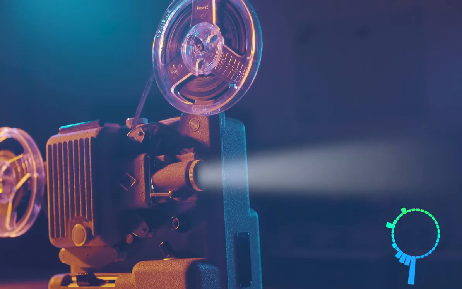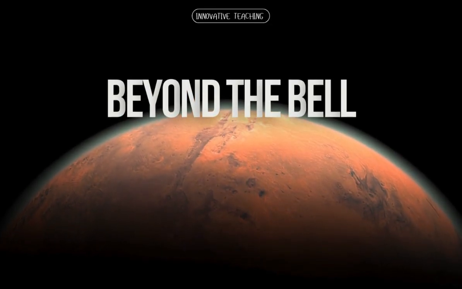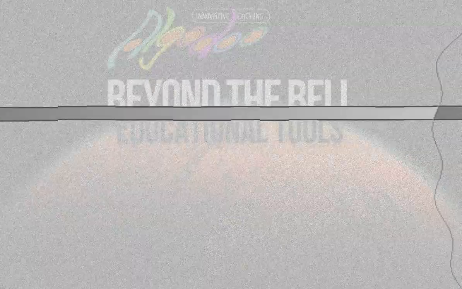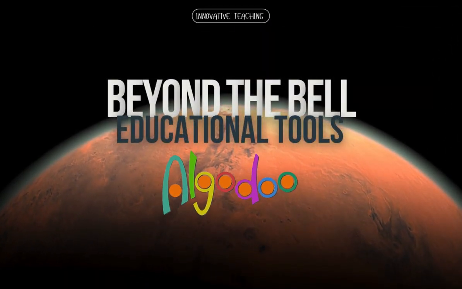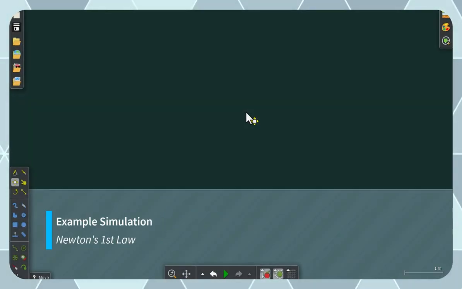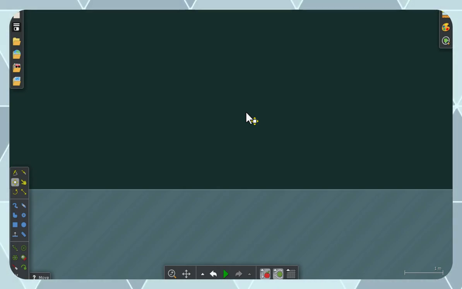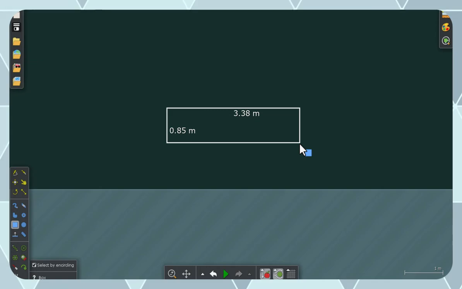Let's see how you, as a teacher, can use Algodoo to explain concepts, starting with Newton's first law of motion. Algodoo makes it easy to illustrate this fundamental law. First, the idea here is that an object at rest stays at rest unless a force acts on it. We can set up a simple block with a box tool in Algodoo,